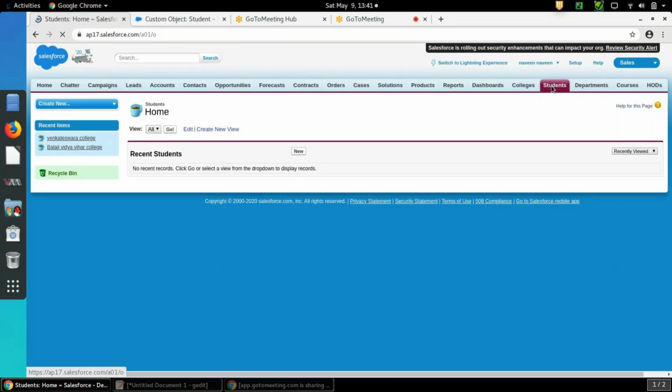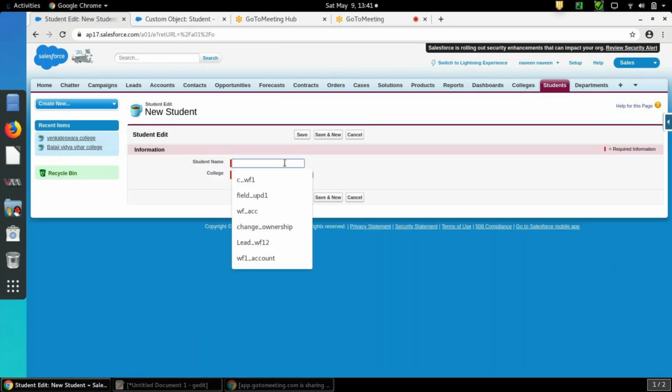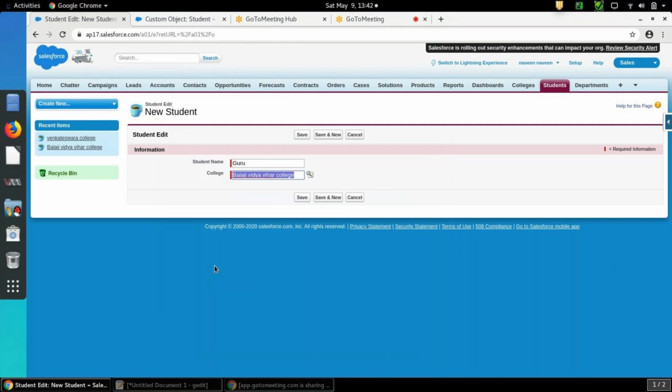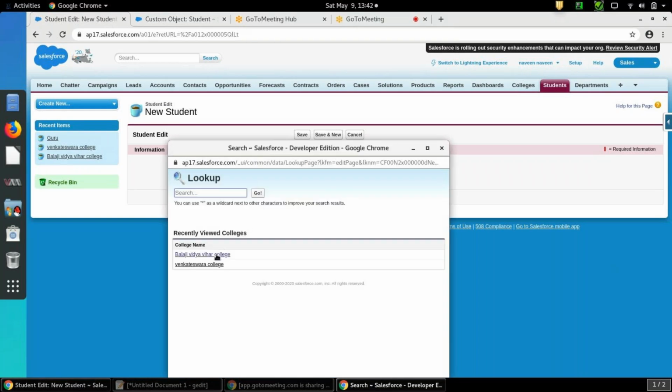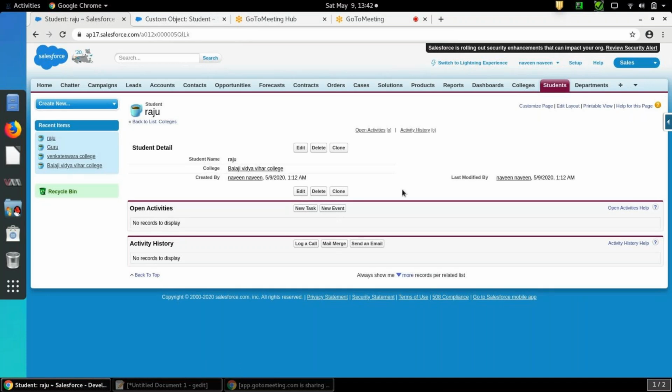I'll go to the student object and try to add one record now. Student name I'm adding as Guru. Click on this lookup window, I'm selecting Balaji Vidyavihaar College and saving. One more record I am creating, same college. Okay, save. Right, now child records have an associated parent.